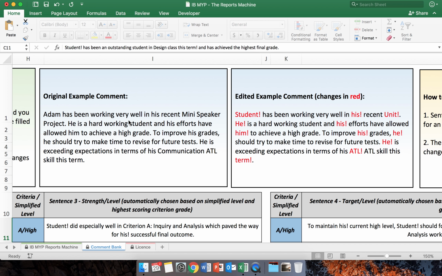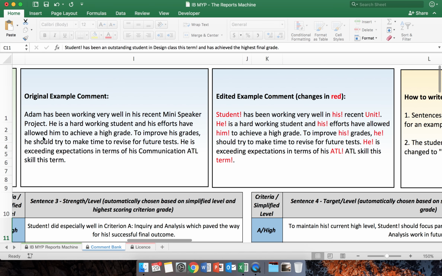So Adam has been working very well in his recent mini speaker project. He is a hard-working student, and his efforts have allowed him to achieve a high grade. To improve his grades, he should try to make time to revise future tests. He's exceeding expectations in terms of his communication ATL skill this term. So if you've already got a comment bank,